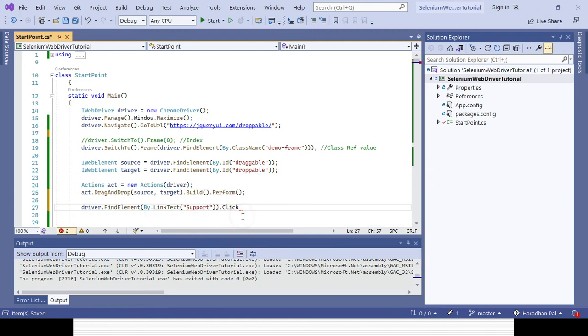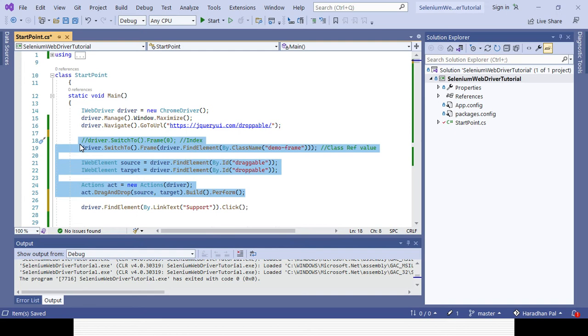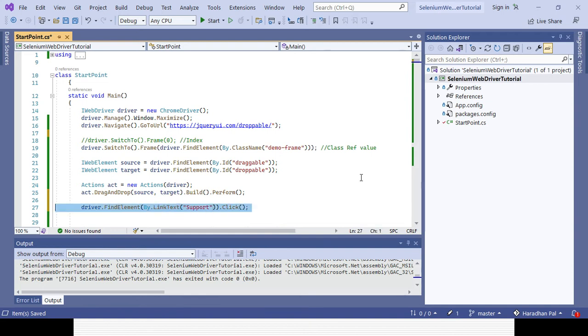Whether it will be successful, let's try to run it. I already opened the page, there's a frame available, so I already switched to the frame, and here I am identifying source and target and performing some operation within the frame. Till that part I am inside the frame, but I did not move out of the frame. Now from the frame itself I am trying to perform an operation which is outside the frame. Will the system allow me or not? That's my question. No, the system will not allow it, because I am already in the frame; I need to come outside first. After that I can perform operations on elements which are not available in the frame. Let's see whether it works or not.